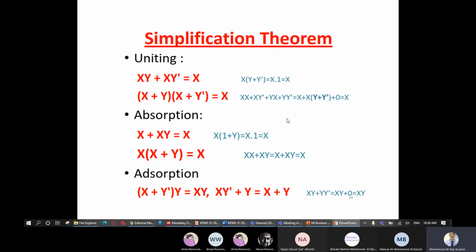Simplification theorem. Now talking about simplification theorem, actually there are two ways of simplification. The first one is using the theorems that we've studied. For example, in this case, you can simplify this by applying